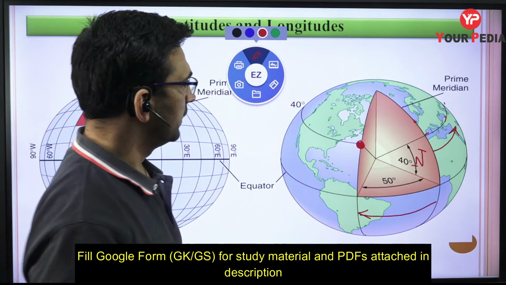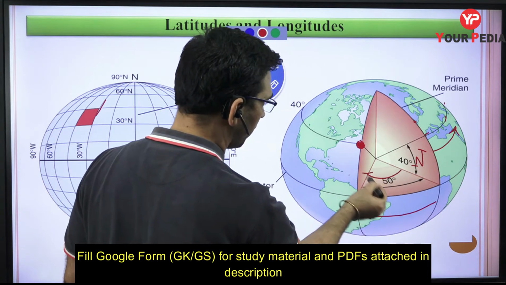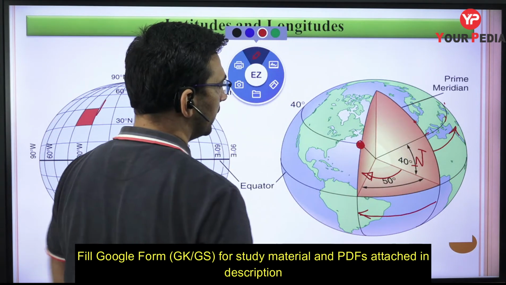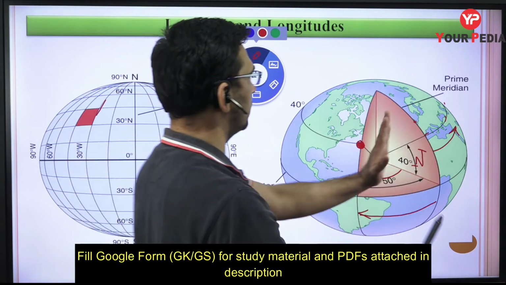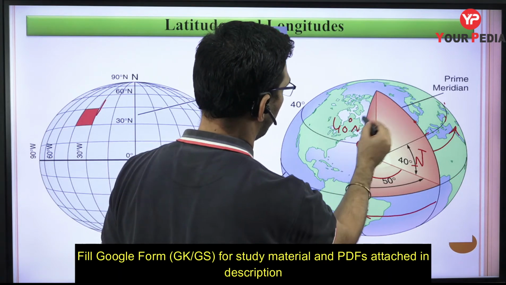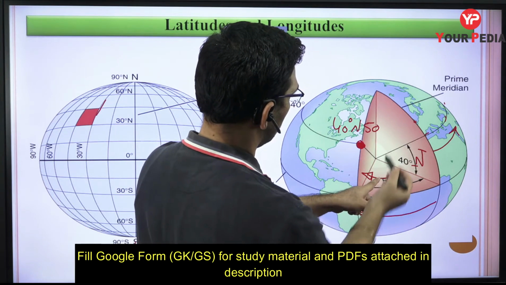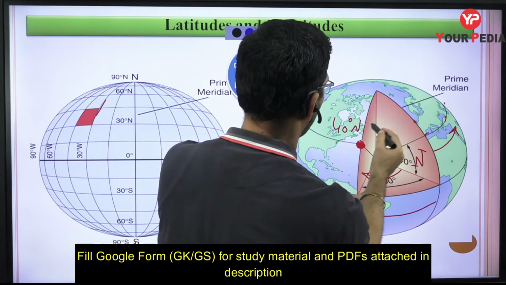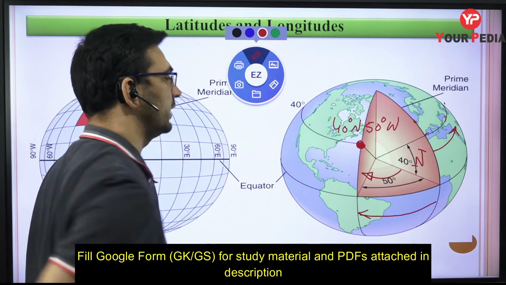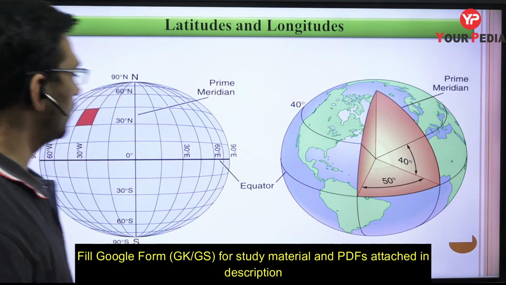And what about the east or west? Since the prime meridian is this, then obviously you are moving towards this side. At what point are you located? These two planes are located at 50 degree. Since I am measuring from here and this direction is going to be the west, this is going to be 40 degree north and 50 degree west. Prime meridian है, इससे west of 50 degree के. So that way you can locate any point on the surface of the earth. So I hope you understood.